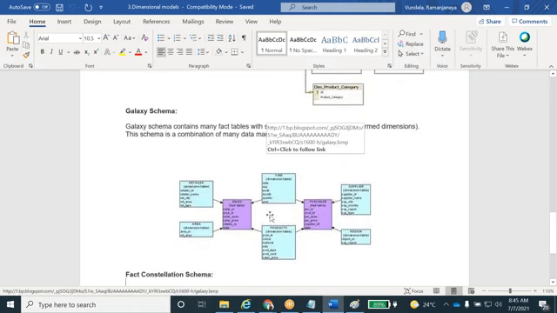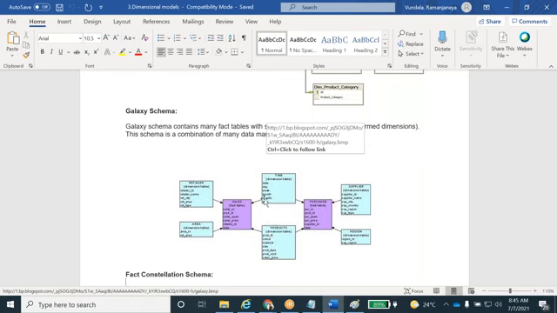See, this is one fact table, the sales fact table. Here is the purchase fact table. So this time dimension or product dimension, they are going to use in both places. These kinds of dimensions we call conformed dimensions. A dimension table that can be used by more than one fact table, those kinds of dimensions we call conformed dimensions.